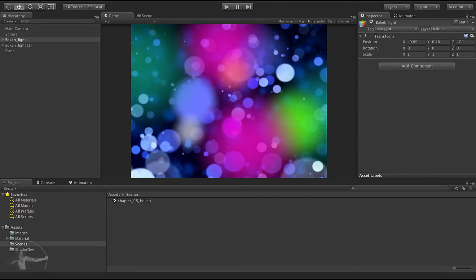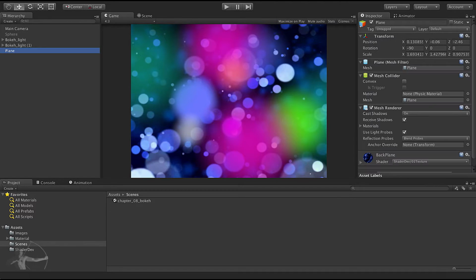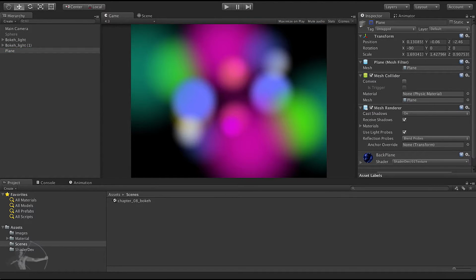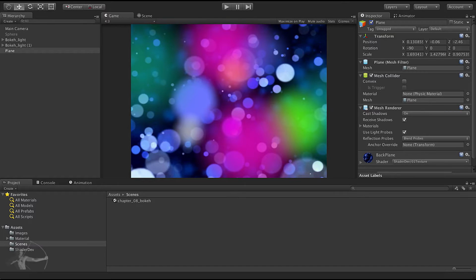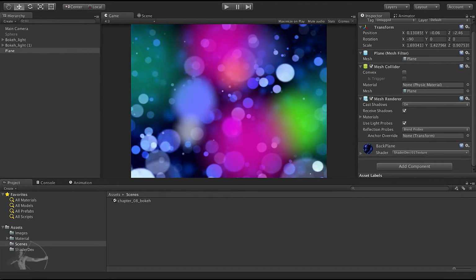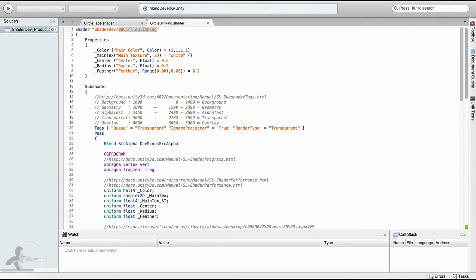And what it looks like in the scene is this. And there is a plane in the background that has the image that we pasted. And even without the plane, it looks a lot denser. There is so much bokeh effect going on in the scene. So now we will start writing our shader. We will click on circle blinking,